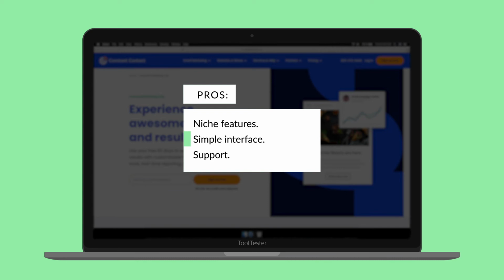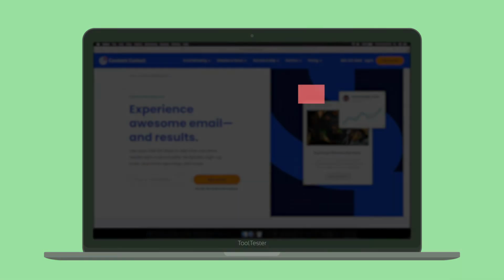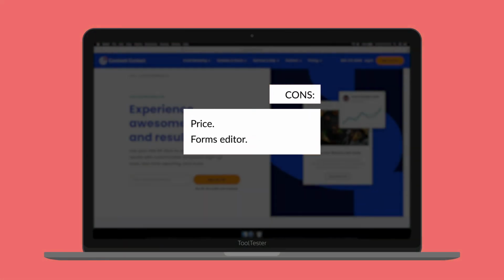Another benefit of Constant Contact is the simple interface and fast email builder, and the chat support is pretty quick. And the cons? Constant Contact's prices are a tough sell. Not only are they some of the highest in the industry, but it also offers the least advanced features. It's extremely mismatched in this respect. The areas it needs to improve are the form editor and automation options. They're both much too basic for an email marketing tool that's been around for over 25 years.